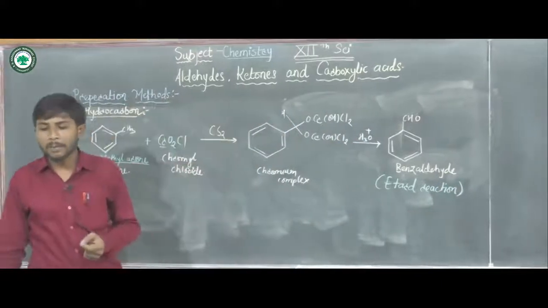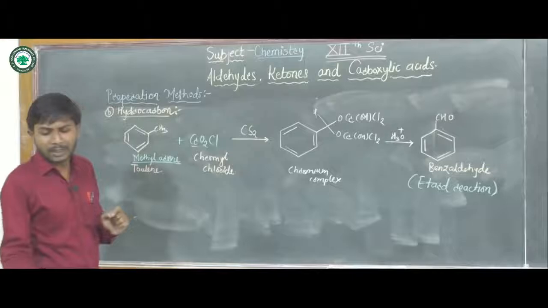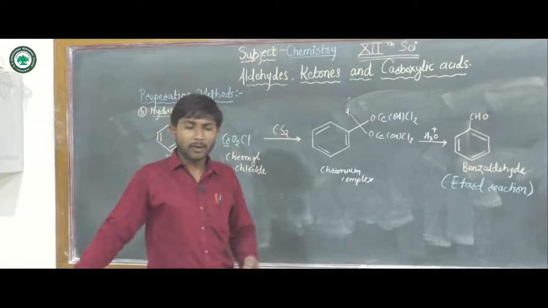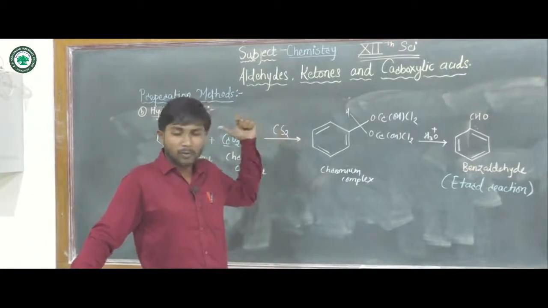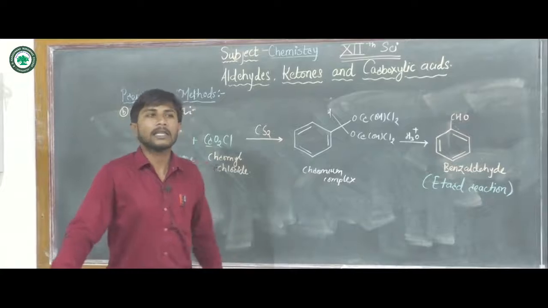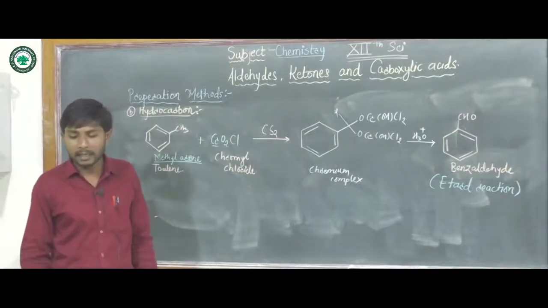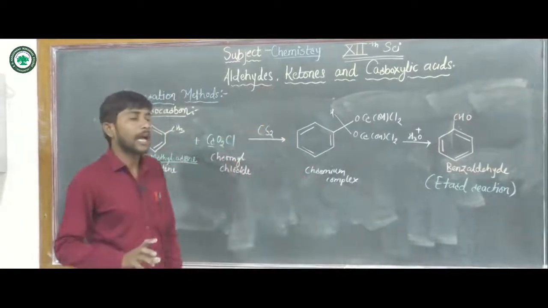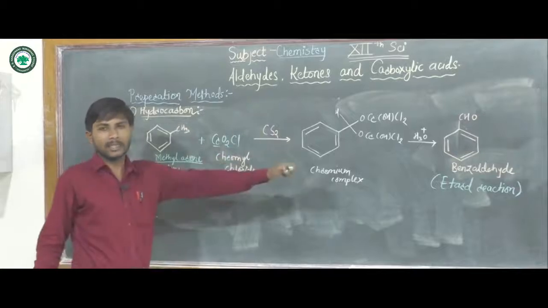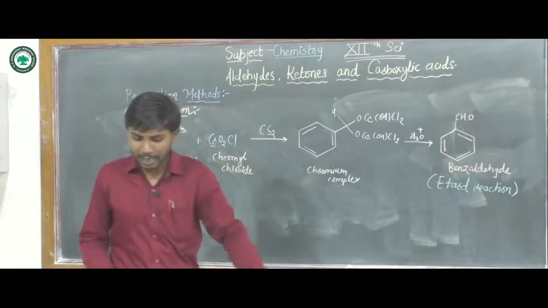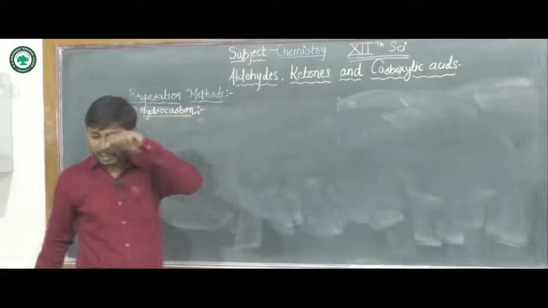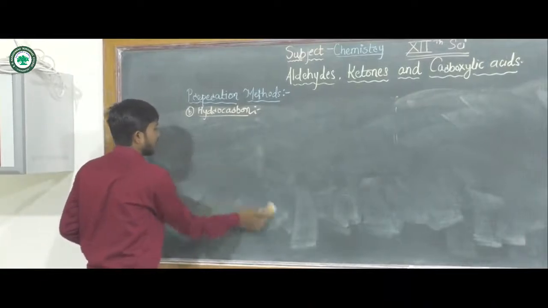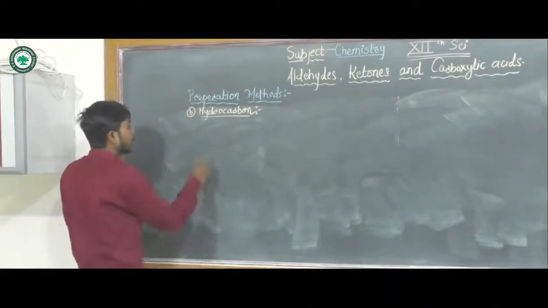Now, secondly, we can prepare benzaldehyde from methylarene by oxidation using chromium oxide as our oxidizing agent. Here the oxidation of toluene with chromium oxide is carried out in acetic anhydride. An acetate intermediate, or acetate complex, is formed, and that acetate complex on further acid hydrolysis gives the corresponding benzaldehyde. Look at the reaction. This reaction is carried out at 273 to 278 Kelvin temperature.